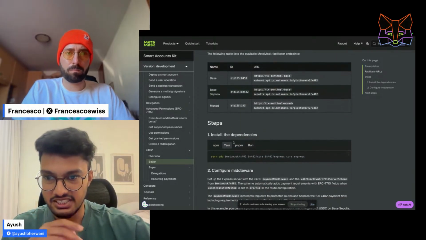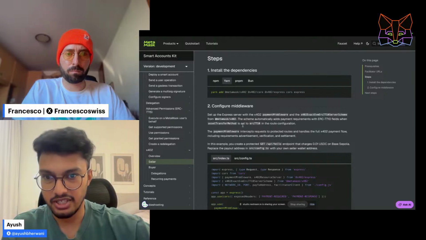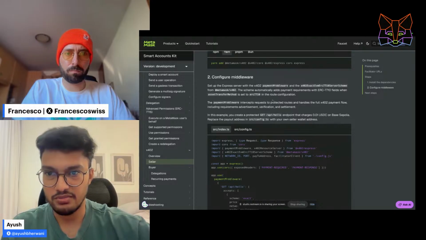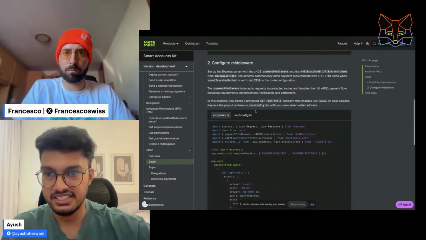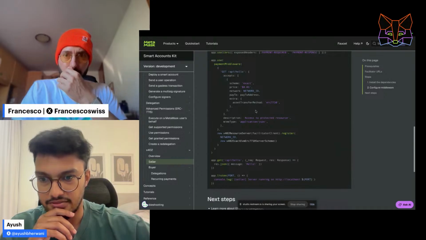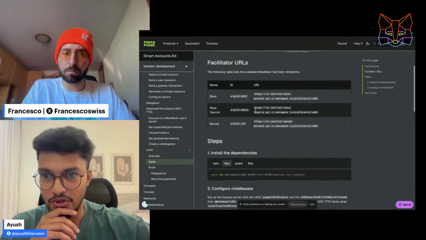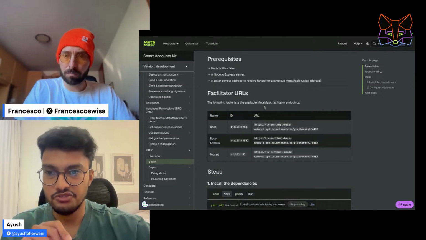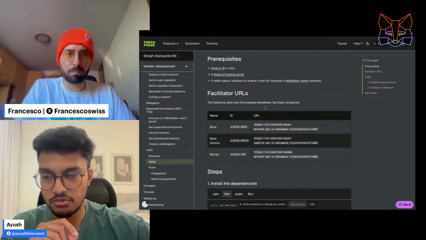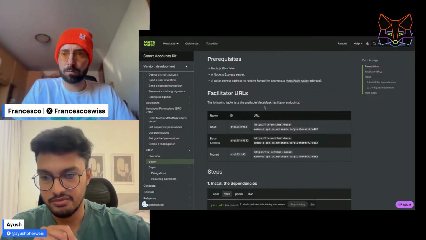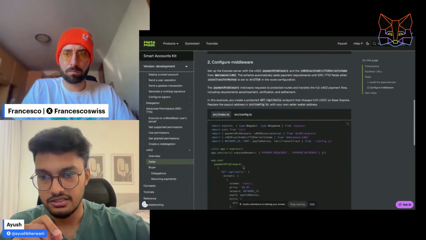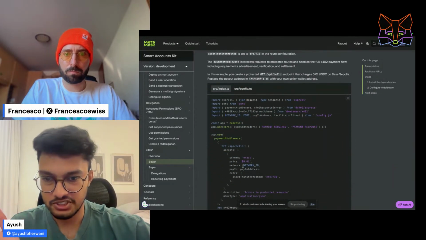You can see the installation steps, you can see the configure middleware, and you can read about why we need to do this. It is basically the same thing. It talks about handling the verification and settlement part for you. And that's it. We also have the MetaMask facilitator. So make sure that you are using the MetaMask one, because the other ones do not support the 7710 asset transfer method. If the facilitator does not support asset transfer method 7710, it won't work. Your server will not be able to process the payments.